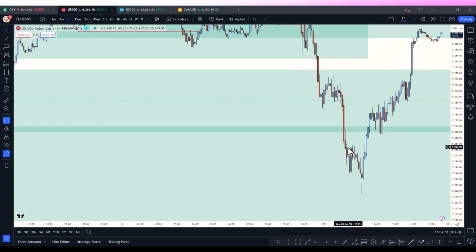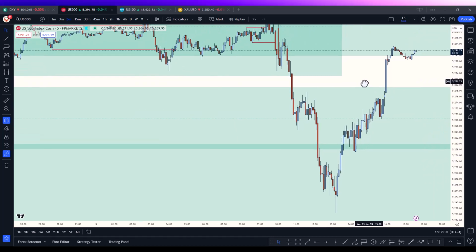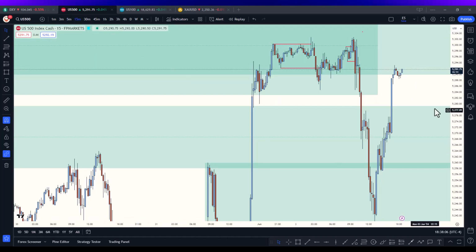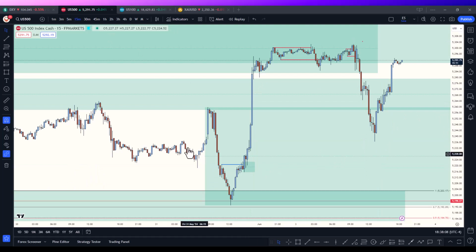We took the high that made another low and very low, and start working our way up here, and that's the session. It was really simple, easy, and